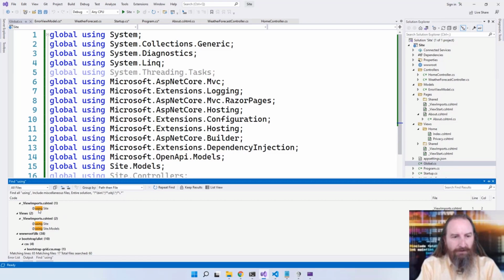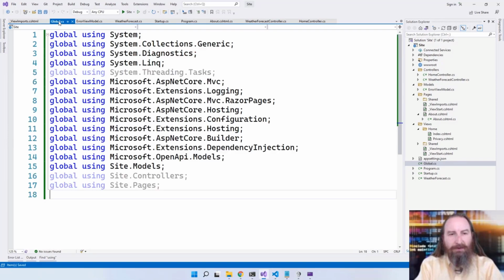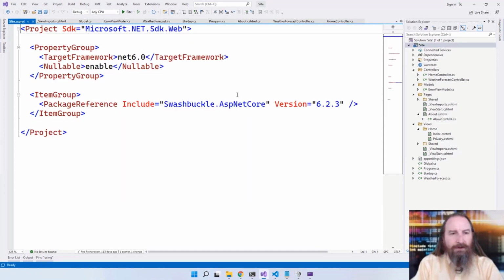Now there's a few in our CSHTML files. Not quite sure how to collect those, but that was really cool. All of the usings from all of our different places are now in one file so that we don't need to specify these as we start up every new file. That's really cool. Now, one of the things that's really interesting here in the csproj is that we can